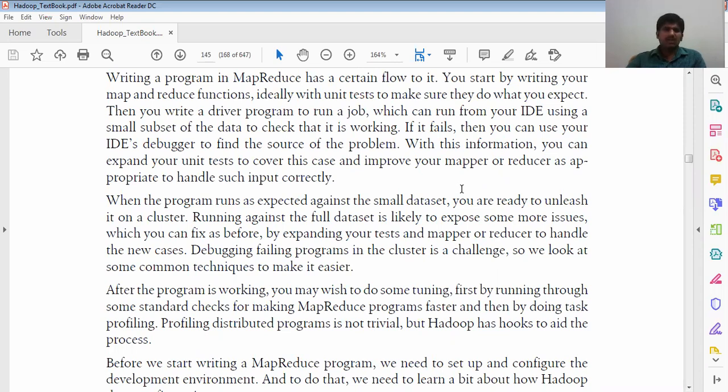When a program runs as expected against the small data set, you are ready to run it on the cluster. Running against a full data set is likely to expose some more issues, which you can fix as before by expanding your tests and mapper or reducer to handle these new cases. Debugging a failing program in the cluster is a challenge, so we look at some common techniques to make it easier.